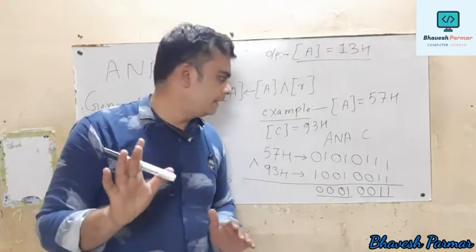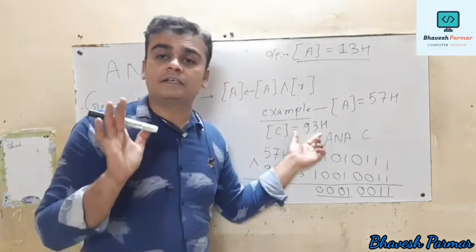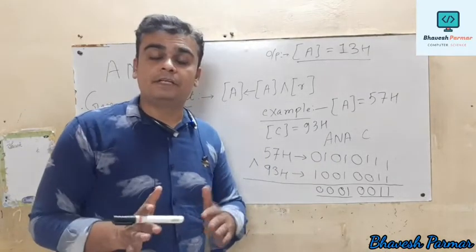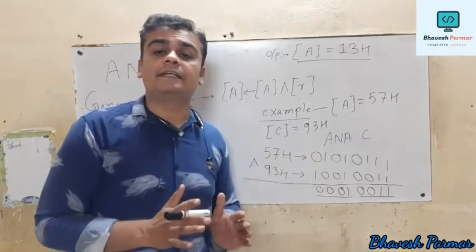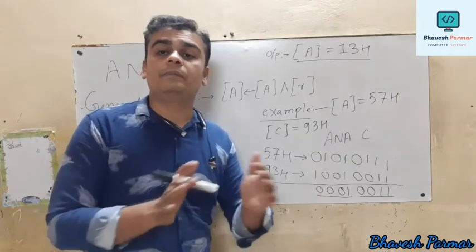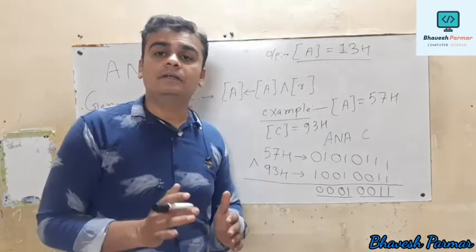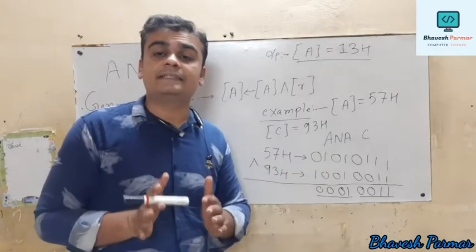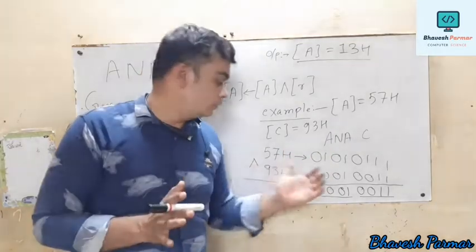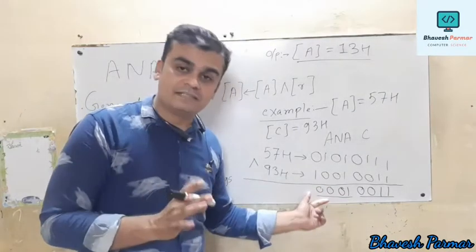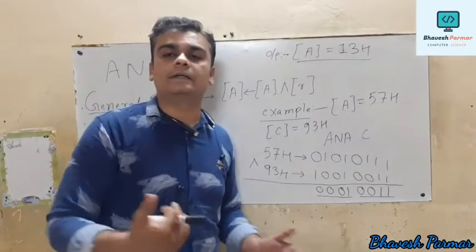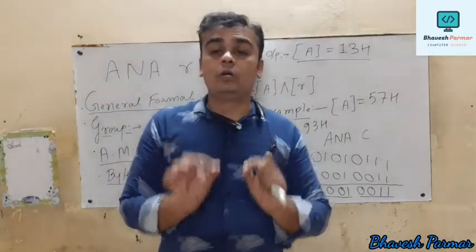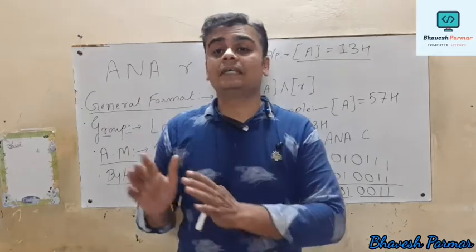But keep one thing in your mind guys, the flag register totally depends on the example you choose. Sometimes if we choose this type of example, then we say that no flags will be affected. But sometimes if we take a different example, then we directly say that flags will be changed. So you have to check the answer, and according to that you should conclude. Okay, so this is the instruction related to logical AND operation with register.